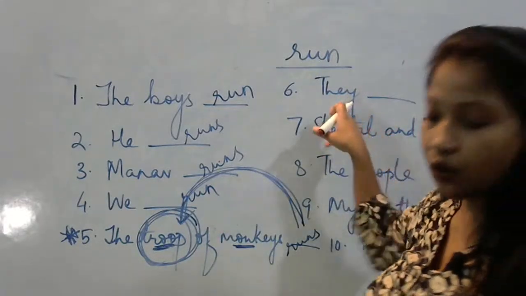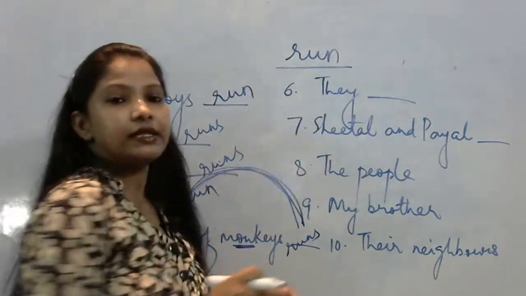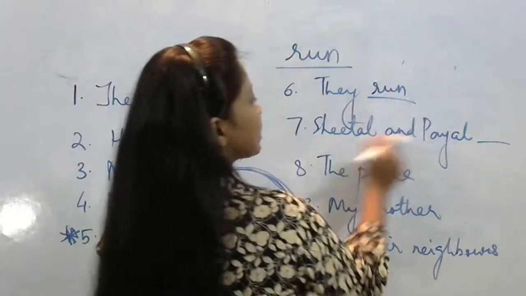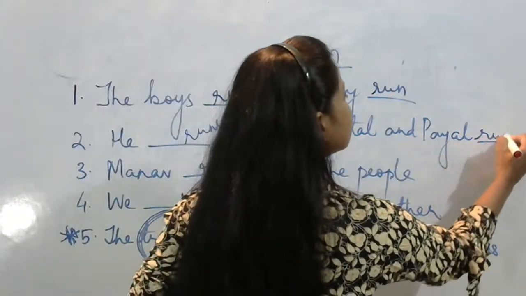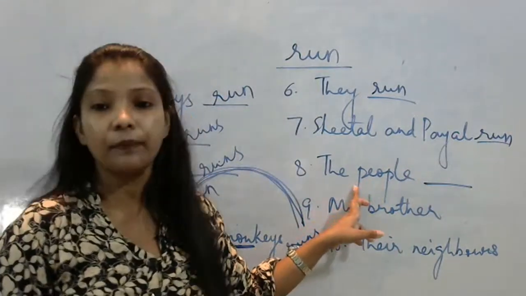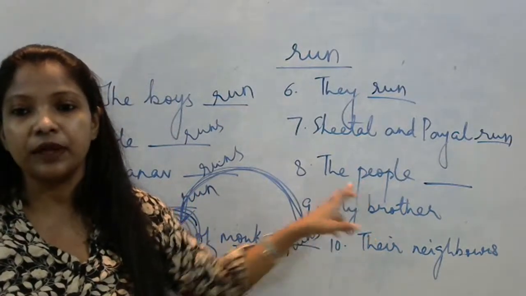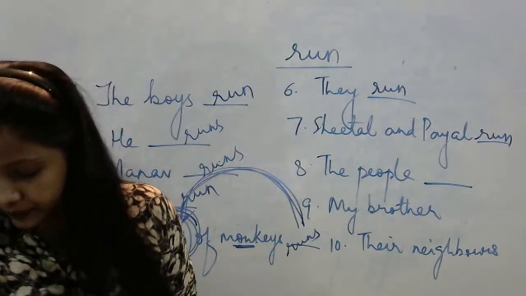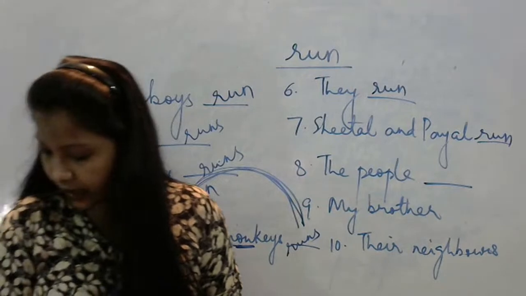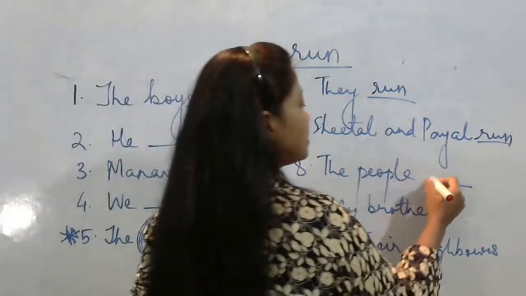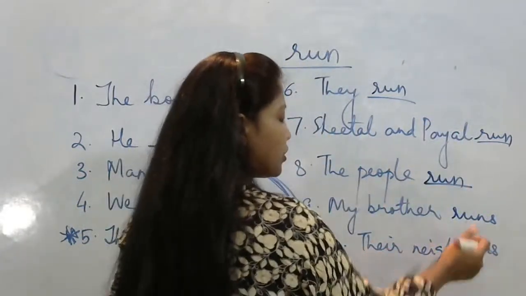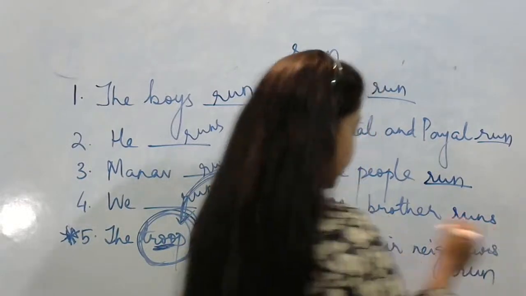Okay, they. Now let me come here. They, is it singular or plural? It's plural, so no S. Two names, plural, S, no S. The people, is the people singular or plural? What is the people? Is it singular or plural? Plural, yes, Amrita. The people is plural, so no S. My brother, singular, so S. Their neighbors, plural, no S. Now,